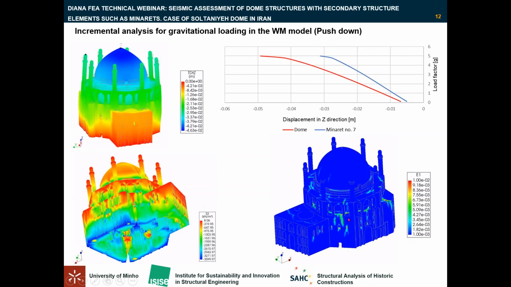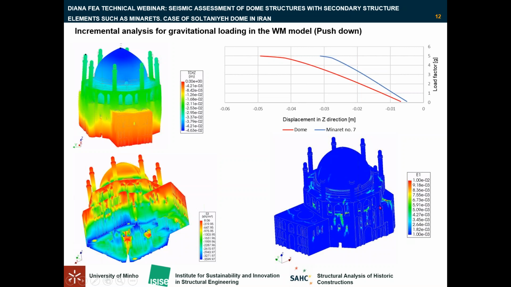The maximum principal stress as a damage indicator was used to evaluate crack pattern and collapse mechanism in Diana. As illustrated in this picture, the damage is more pronounced at the gallery level here, characterized by diagonal and horizontal cracks. In general, damage in the transversal direction, that means this part, the Y direction of the structure, is more prominent than the one in the longitudinal or X direction of the structure.